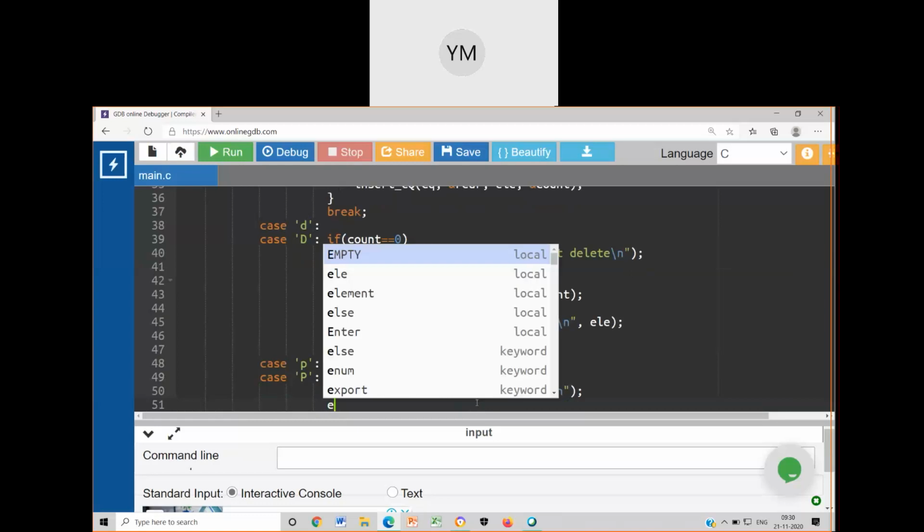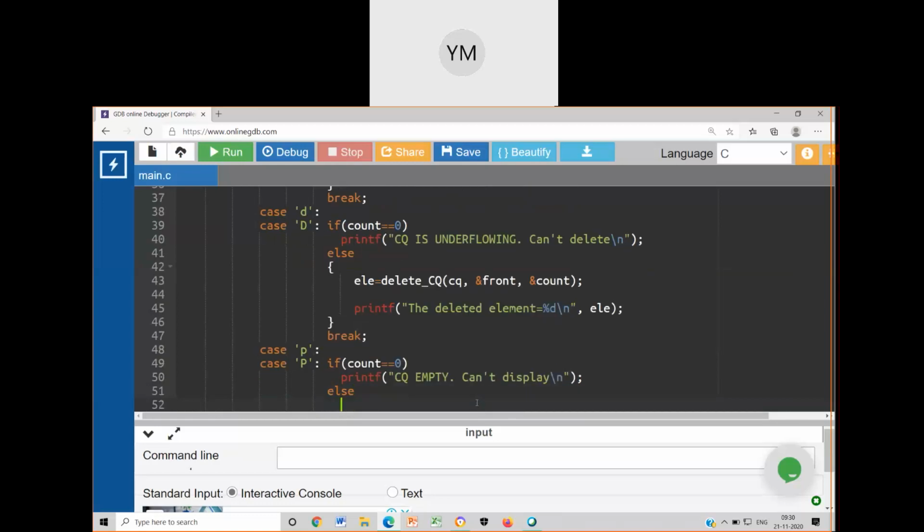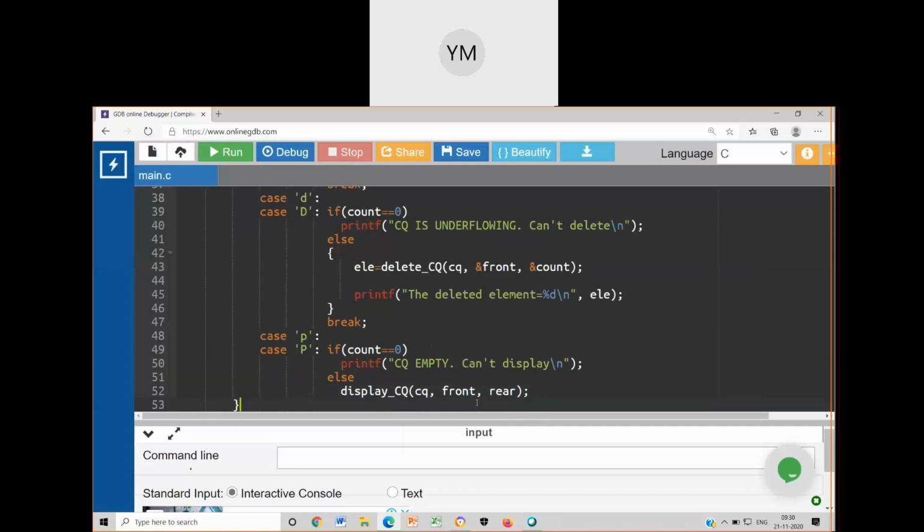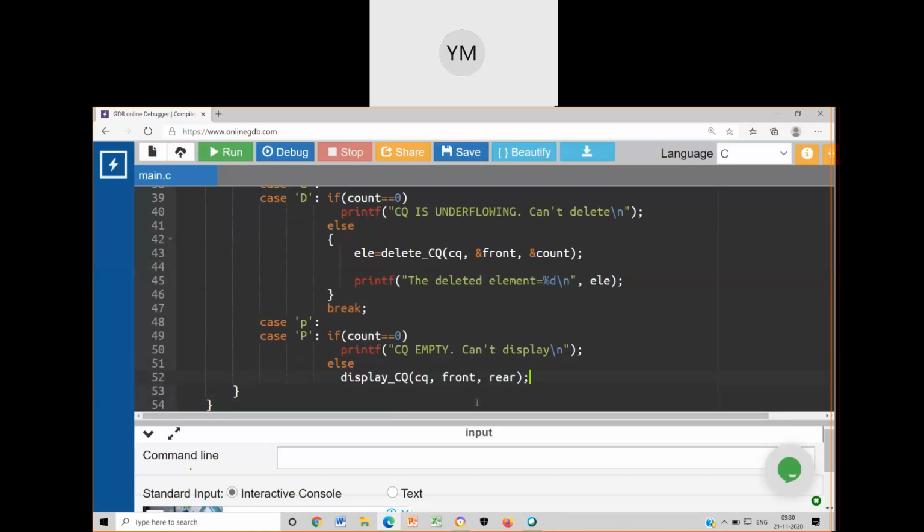Otherwise, if not, I will call display underscore CQ of, I require CQ, front, comma, rear, comma, count. Do I require count here? I don't require count because count is not varying. Let me know whether I need to pass front and rear as pointers?